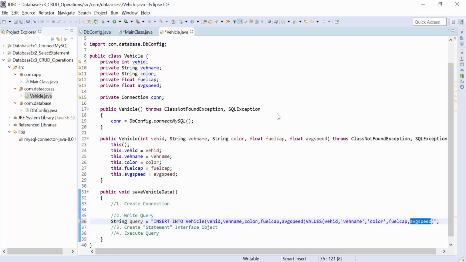But they are variables, and to make them variables we need to complete the string here, and like this we concatenate with another string. Okay, so like this we need to write the code. Here also we complete the double quotes and make it a variable. Same thing we do here also. Even for color we need to write the same.